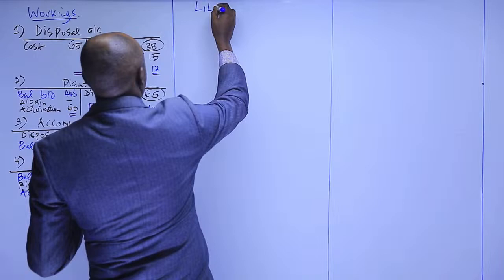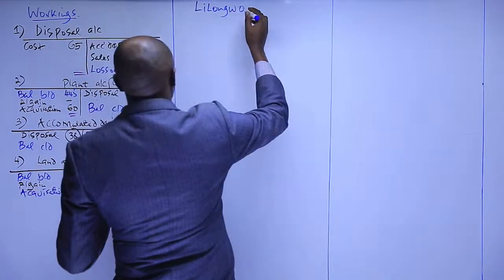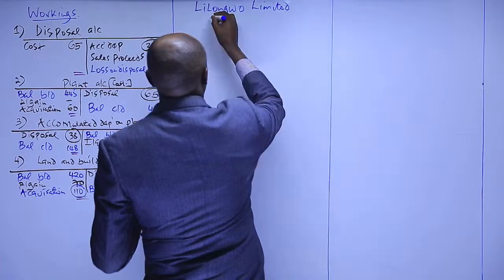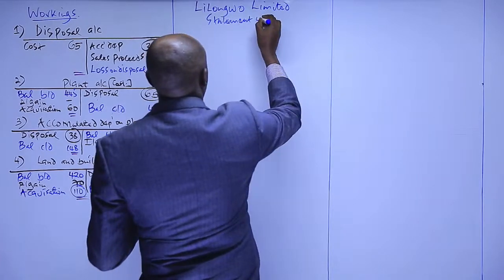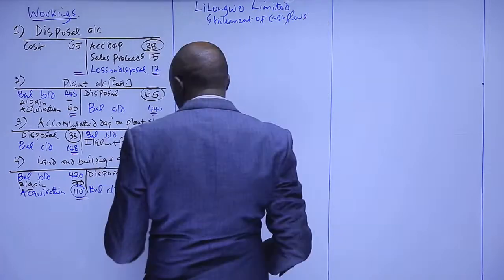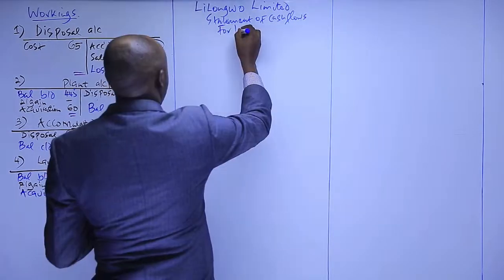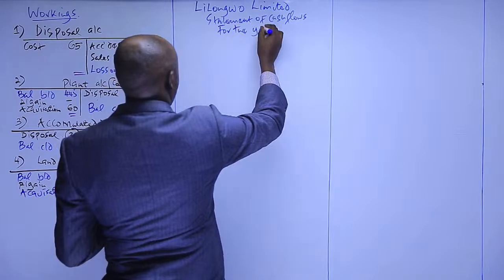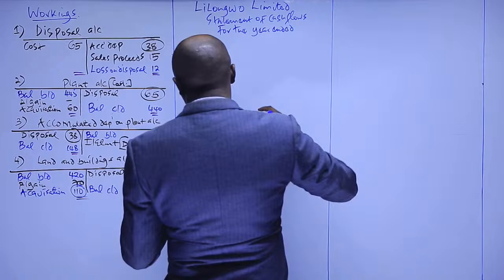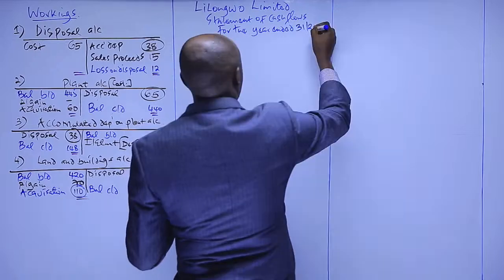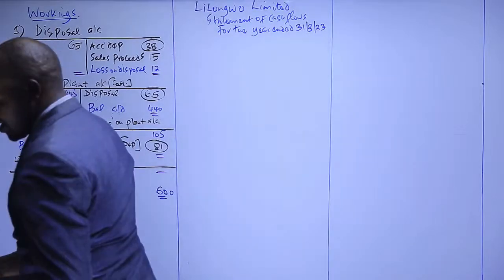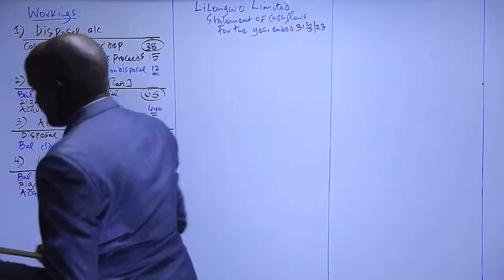The name of the company is Rilongwe Limited. And this is a statement of cash flows, which is for the year which ended 31st of March 2023. Remember, in this case the examiner had not specified which method to use, but I've said once you're